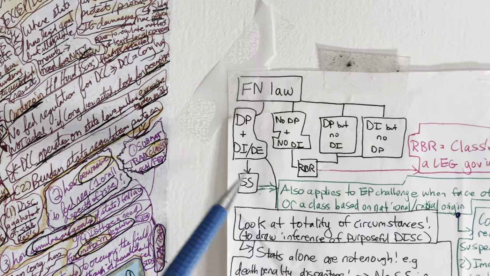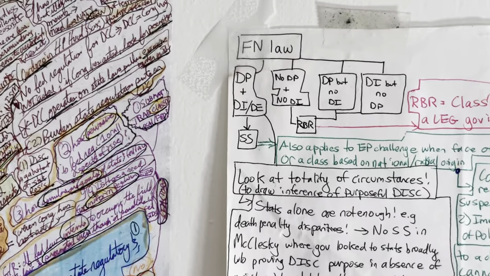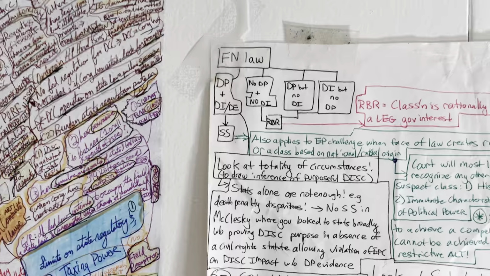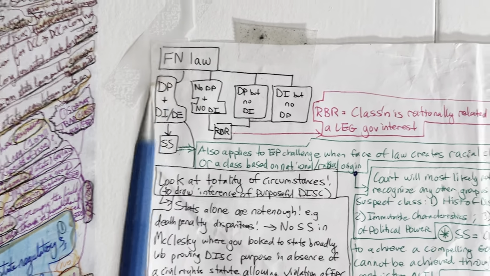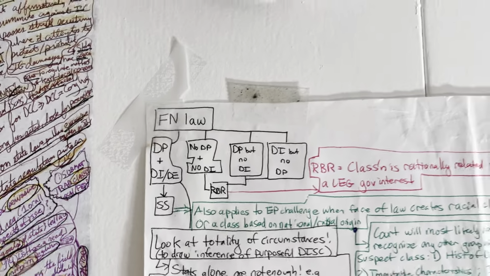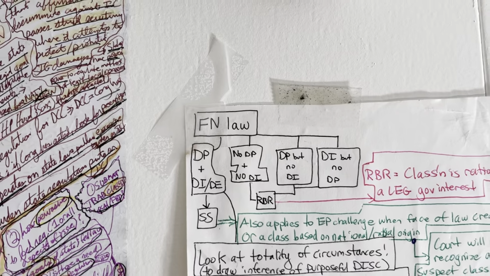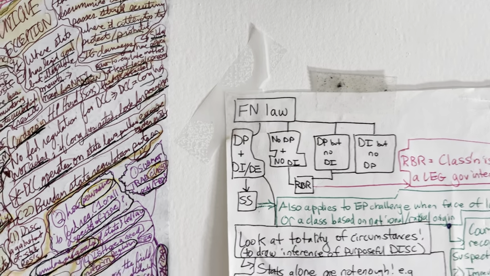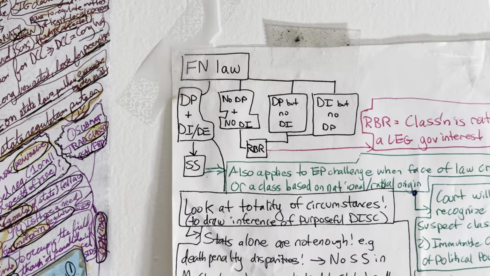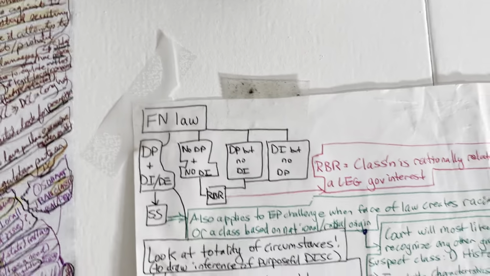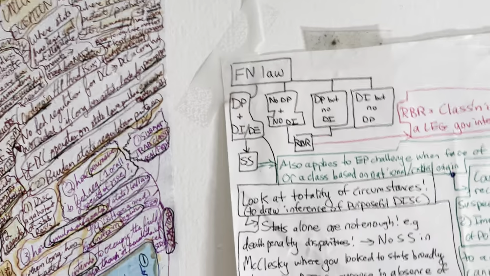So here, within facially neutral laws, we want to assess whether or not there's a discriminatory purpose and a discriminatory impact or effect. If those two conditions are met within the government actions, then generally strict scrutiny will apply. However, if we don't have both of these, discriminatory purpose or discriminatory impact or effects, then likely rational basis review will apply. So in each of these three scenarios here, when we don't have one or the other or neither in the facially neutral law regarding discriminatory purpose or discriminatory effect, we get rational basis review, as we talked about.